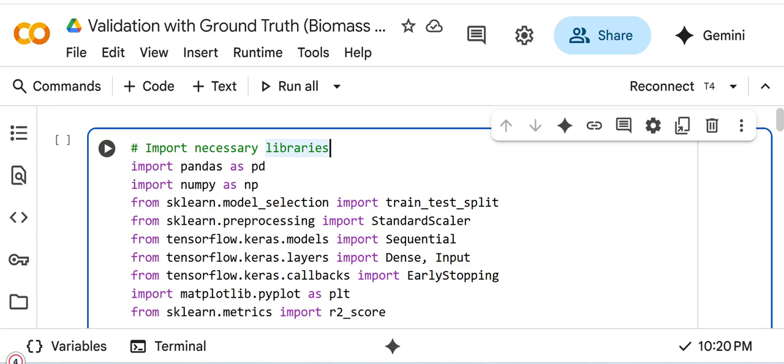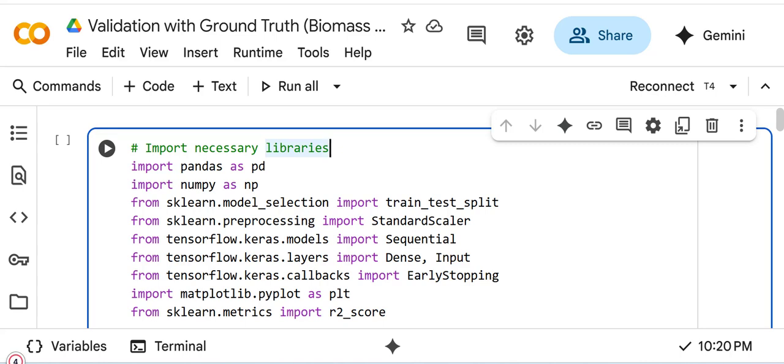We will use TensorFlow and Scikit-learn in Google Colab with the GPU support. The demo trains a feed-forward neural network on the biomass dataset, 563 samples, incorporates synthetic satellite features, and validates predictions.